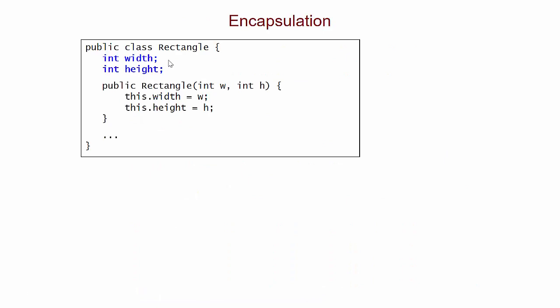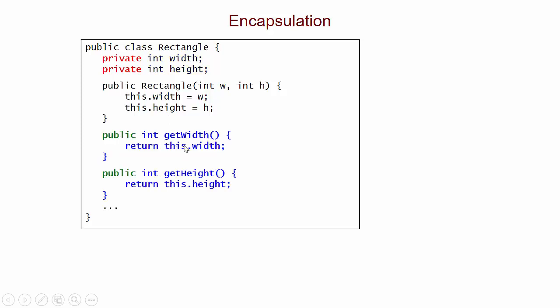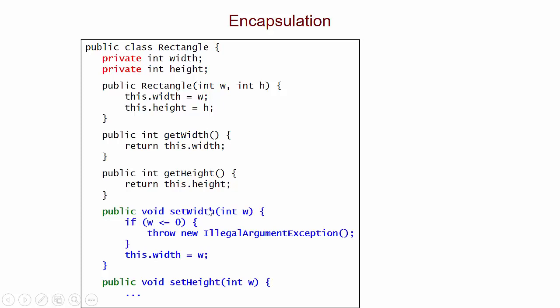In Java, we typically take our fields and we encapsulate them. We make them private so that they can only be accessed by code in the same class. Outside the class, you won't be able to access them directly. To provide indirect access, we add public accessor methods that return the values of those fields. And then to make sure that only appropriate changes are allowed, we put in mutator methods,